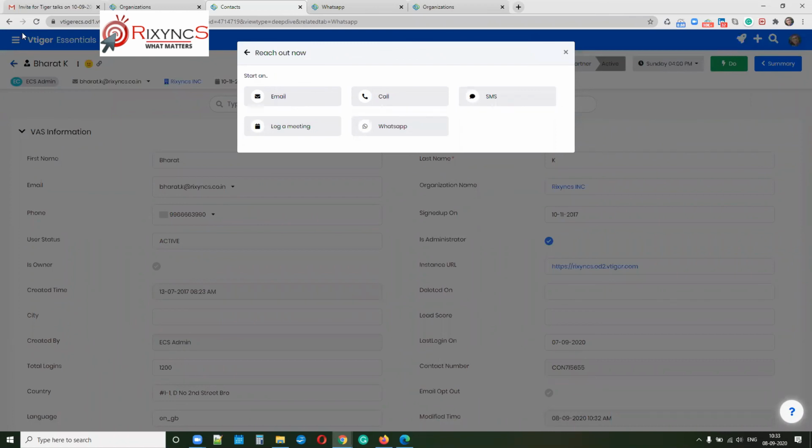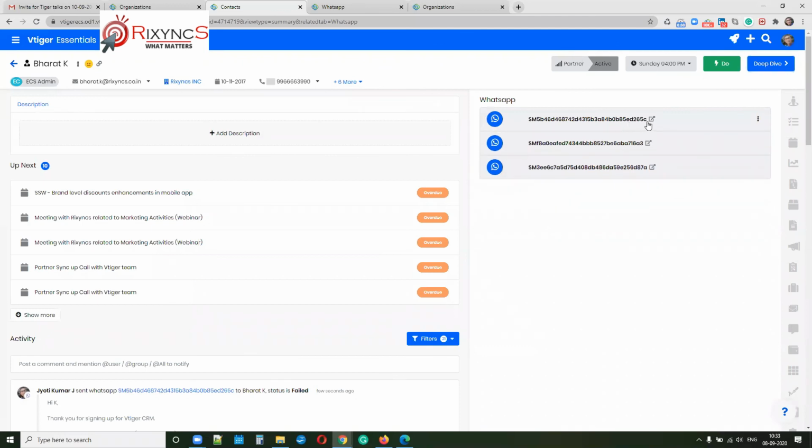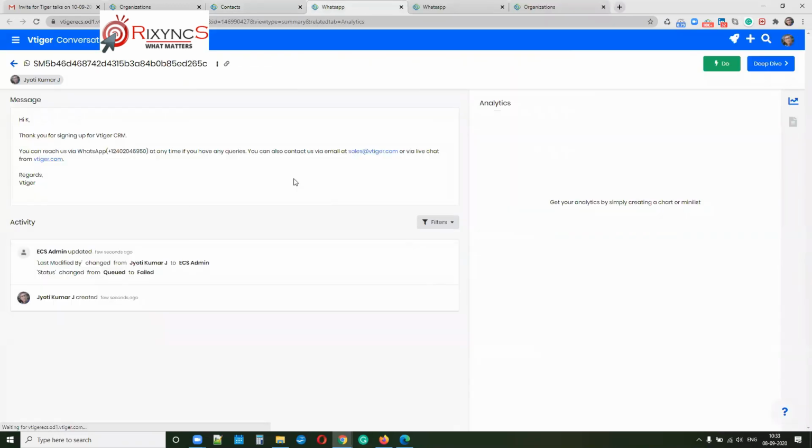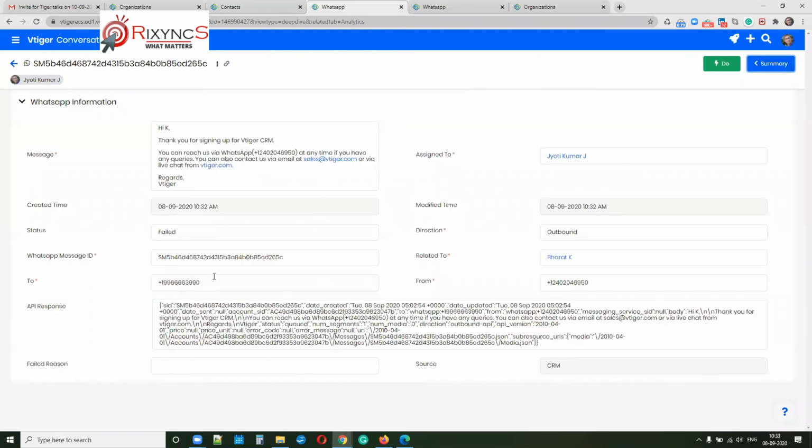We can see the status summary and this is the message. We will see whether it has been delivered. No, it hasn't been delivered. Maybe I don't have the authority to send it. But earlier I checked and it was delivering perfectly, and I don't know why. So it is adding a plus. Oh, that is the reason.